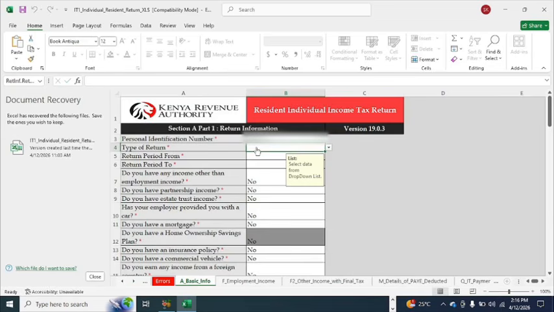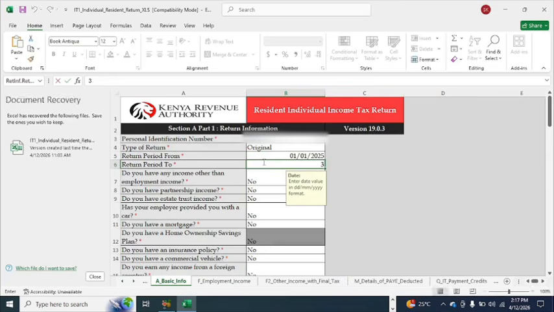After entering my PIN, I need to select the type of return which you are doing, which is the original in my case. Sometimes when you are doing amended, the difference is negligible. You just need to choose the amended and do the necessary amendment. So the tax period is from 1st January 2025 to 31st December